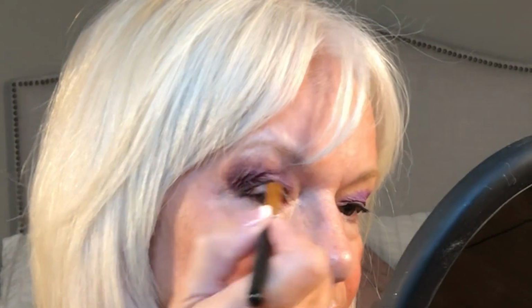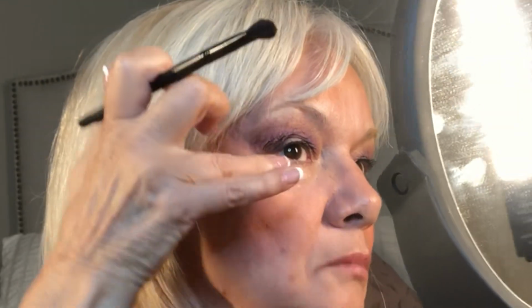Now for this blue shade, you guys, it is such a good blue. I'll blend that slightly, and then I'm excited to go in with the blue. I'll do a little bit of concealer up the sides in a minute. So, okay, let's get another brush. This one is a no name, and it has a little bit more of a pointy tip, so it's more of a precision brush. So I'm going to put the